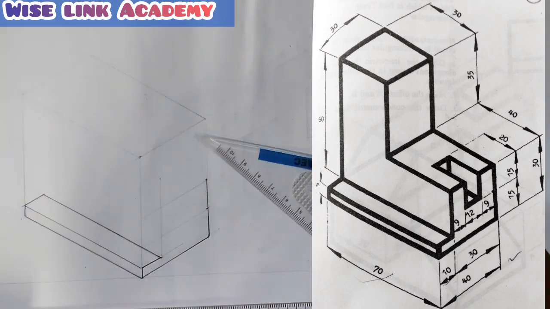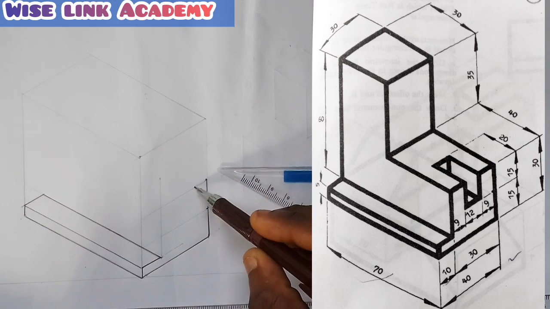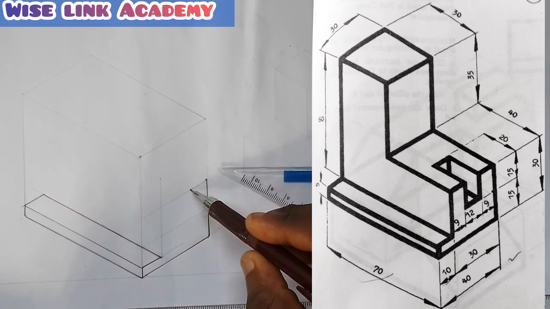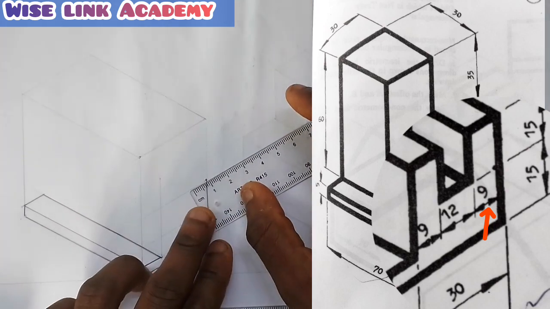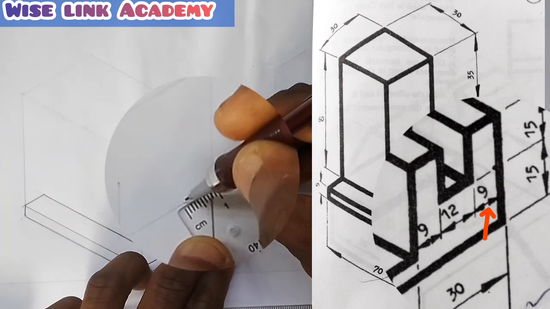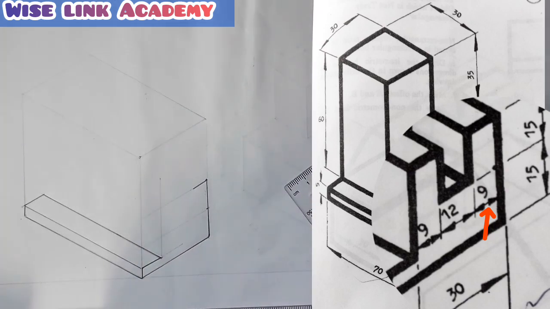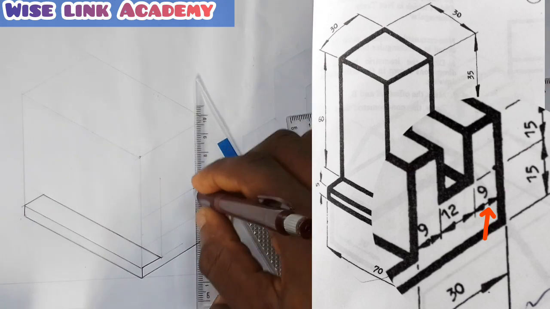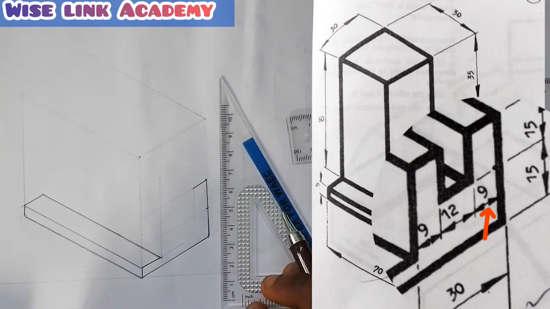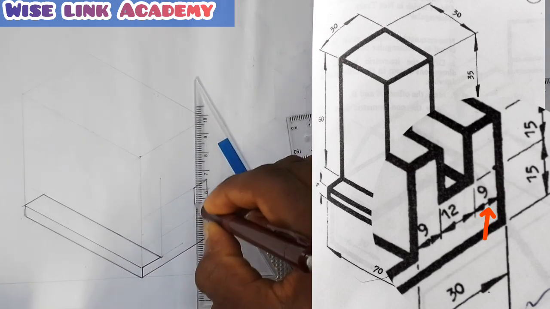So what do I do? What's the idea here? The distance from here to somewhere here is going to be what? As you can see, 9. So I'll measure 9. I have 9 here, right? So take it 9. At that point 9, I will take my t square this way and draw an inclined line downward this way. So where that line touches that 15 I've drawn, I will take it this way,